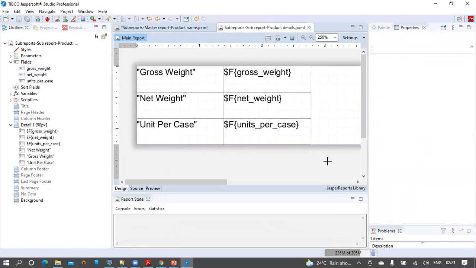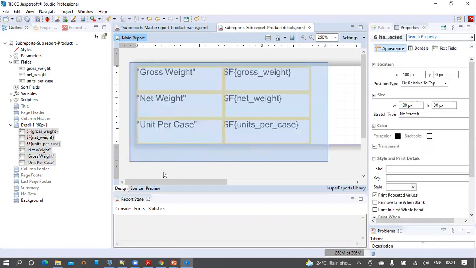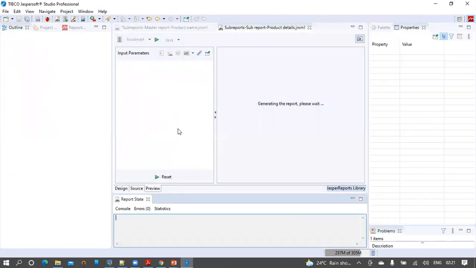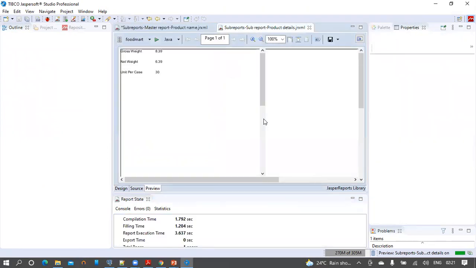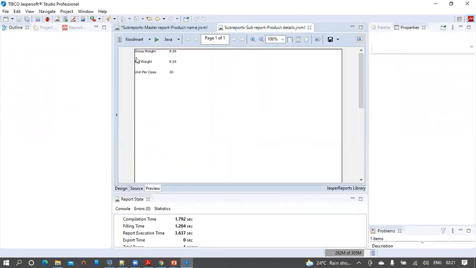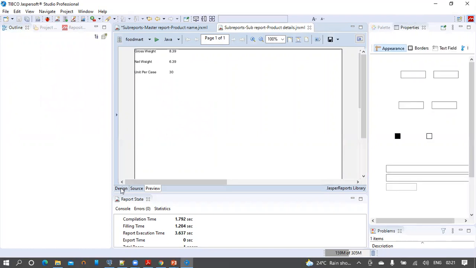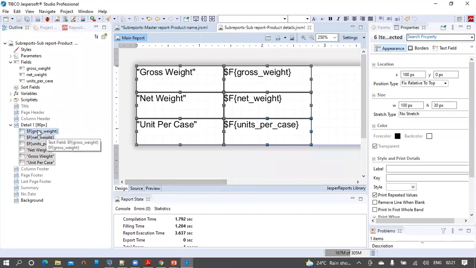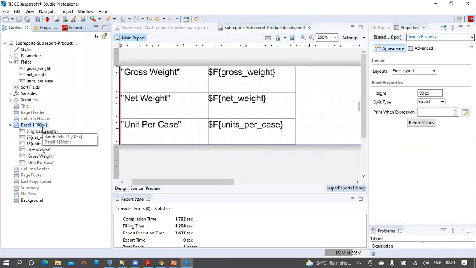So now we have the sub report design with us. Let's quickly preview this one. Okay, so the sub report output just looks fine to me. So get back to the design mode and adjust the width of the detail band. So we cannot adjust the width of the detail band.